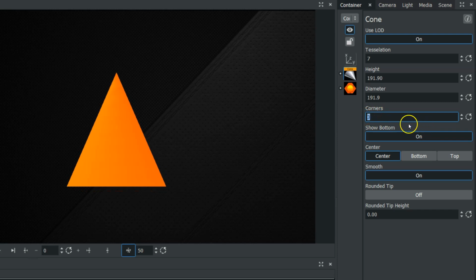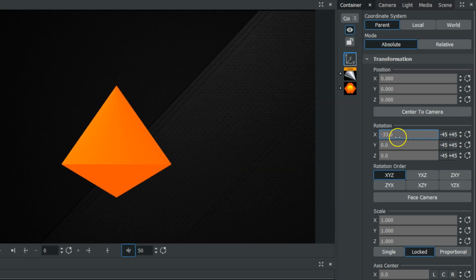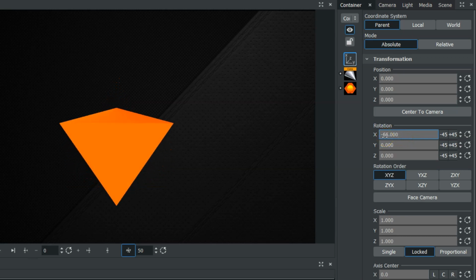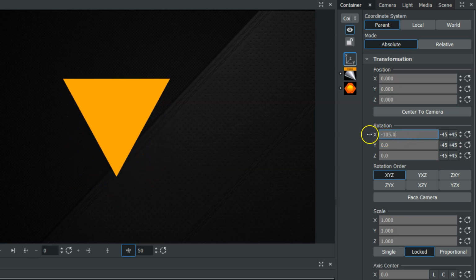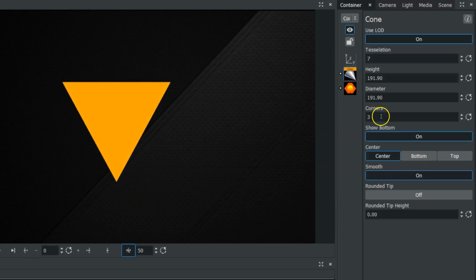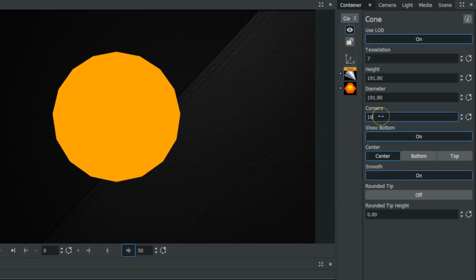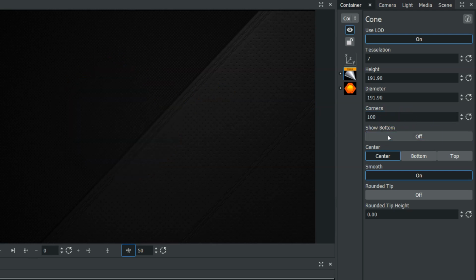So if I come in, lower my corners, and if we go into our transformation axis or just rotate it within the scene editor, you can see how our corners here are down to 3. And if we go back into our corners, we can increase that all the way up to 100, and it's basically a smooth circle. Now underneath the corners, there's also a show bottom, so we can turn show bottom off,